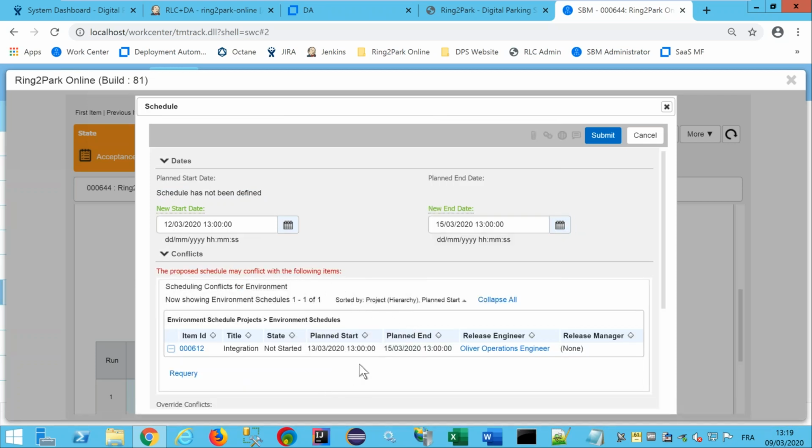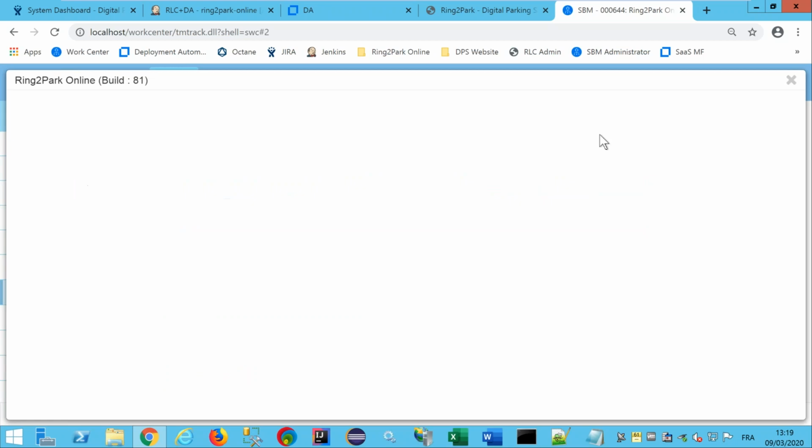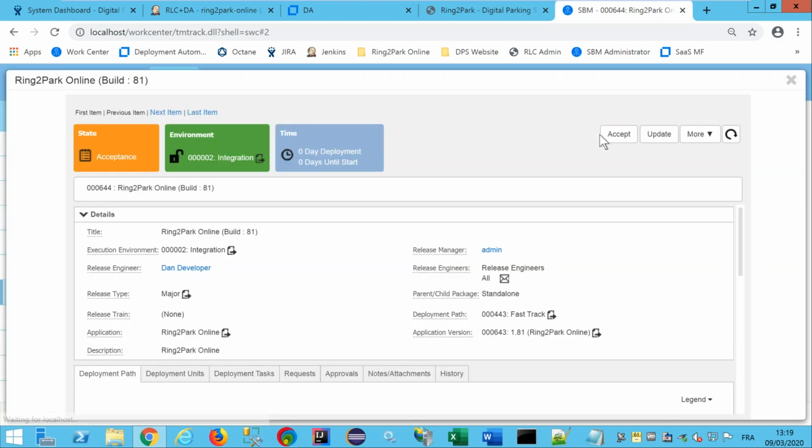Here you see there is a conflict with another application that is already planned to be deployed in this time slot. So you can reschedule your deployment for this environment, or you can decide to override the conflict and allow the deployment at the same time as this other application. This is only for planning purposes.